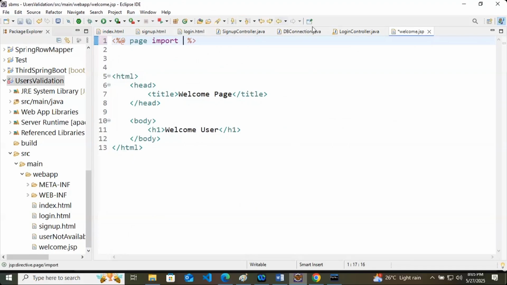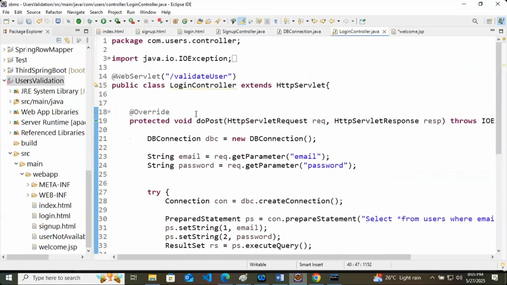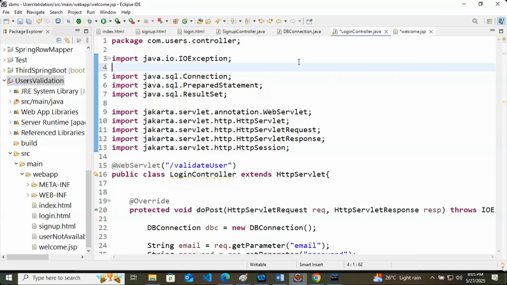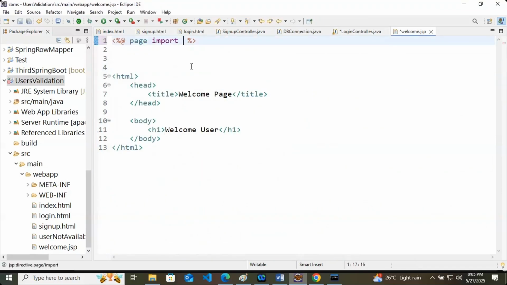Generally, that is how we import something in Java, by writing import. For servlet, we have packages like jakarta.servlet. But here I will write import equals to, and then double quotes.